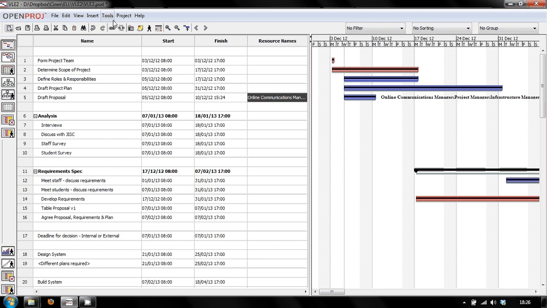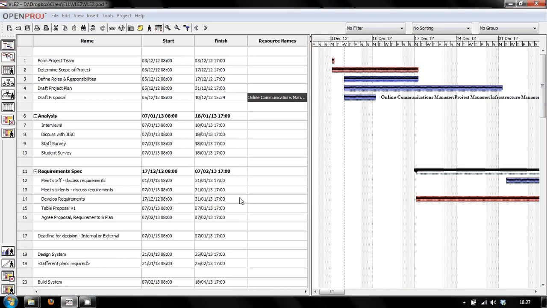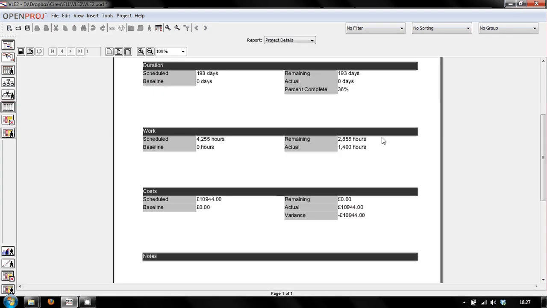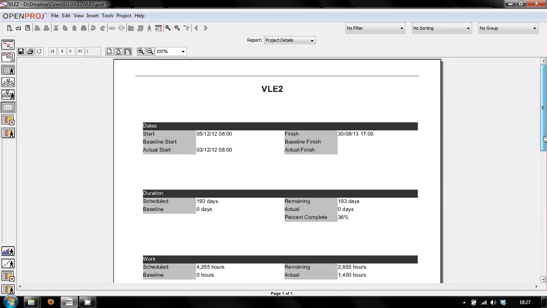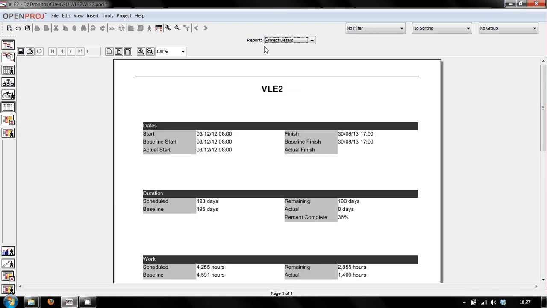What you can then do is go through your project, and what you can do from time to time is go to Update Project, and you can say update work as complete through to this date. So if everything went according to plan, you just say that everything went according to plan up to today's date, and then you click OK, and that will automatically fill in the actual start and finish dates for these different tasks. And you can then go to your report and you can see the progress. The only catch is that you may well have to refresh it, because it won't update automatically. You might have to choose one of these other things and then go back to project details,